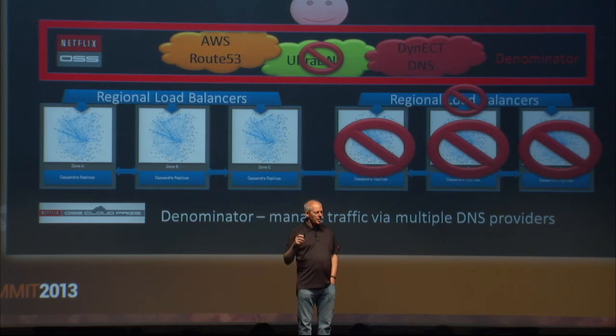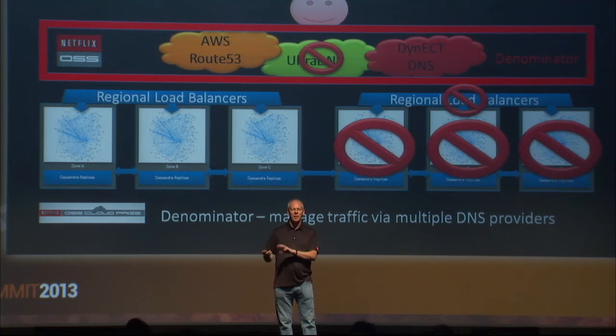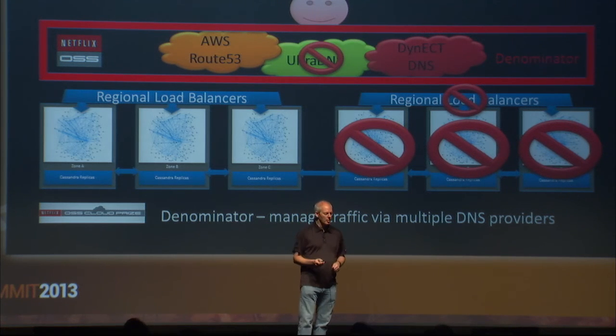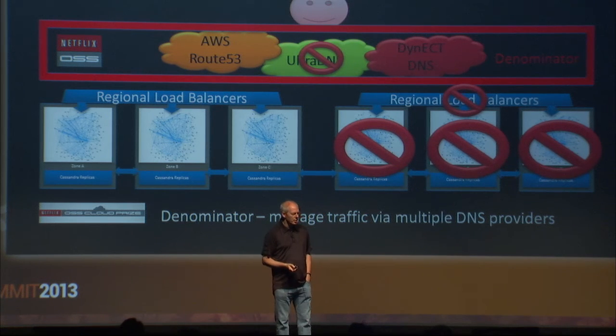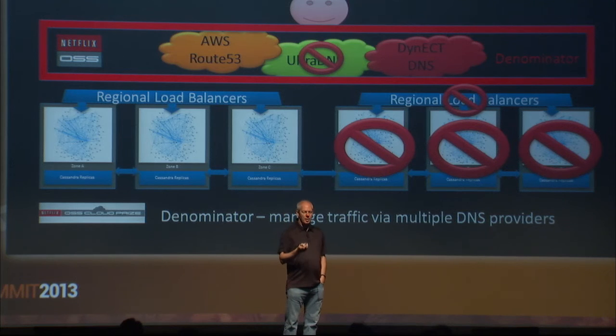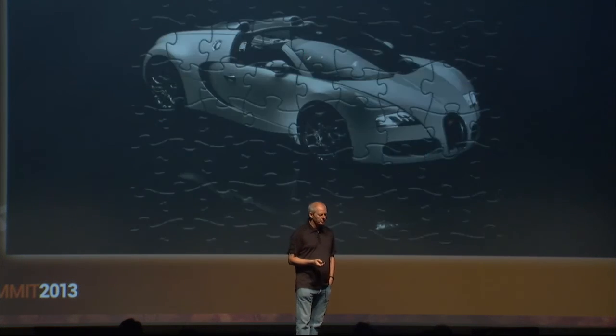So this is being wrapped up in a distributed service, again with Cassandra in the back end, so that even if a region is down, the state that was stored in that region is available globally. This is a tool we're currently in the middle of rolling out, and Denominator is one of our open source projects you can go play with. Even if you're not using Java, there's a command line version of it that works very nicely.